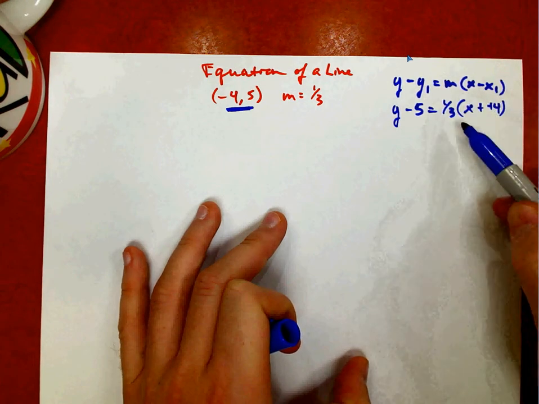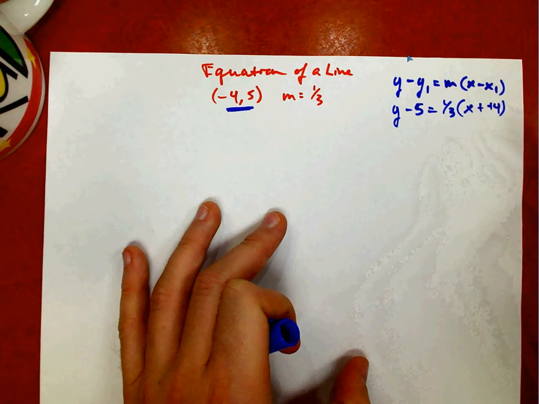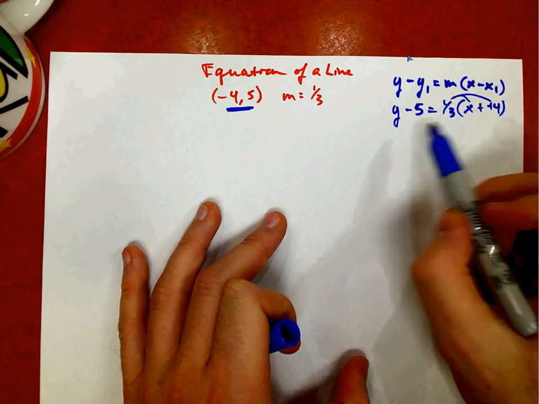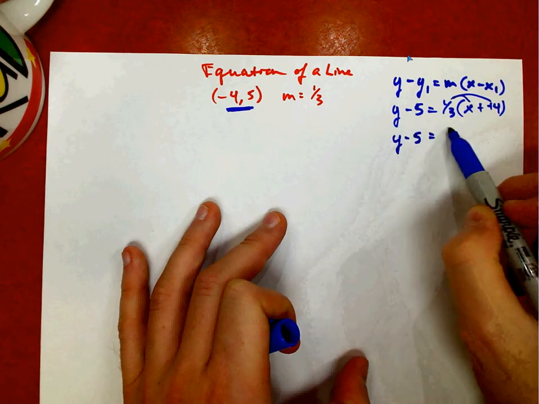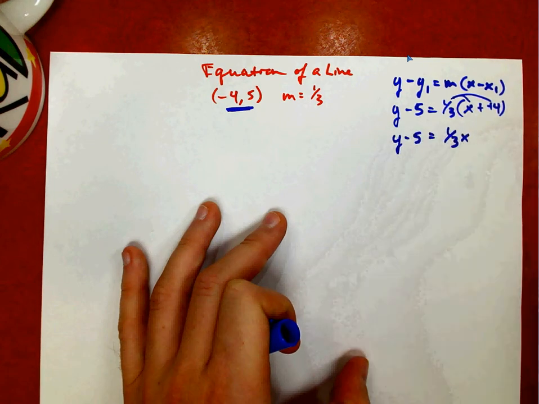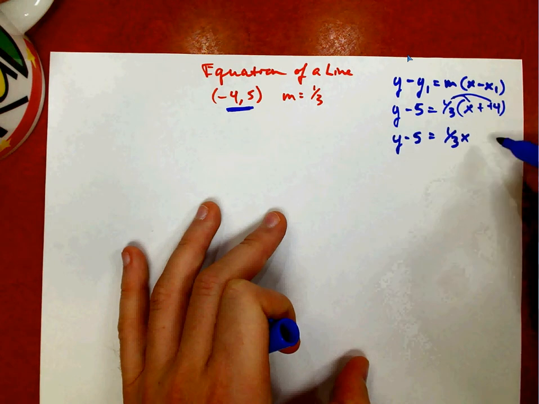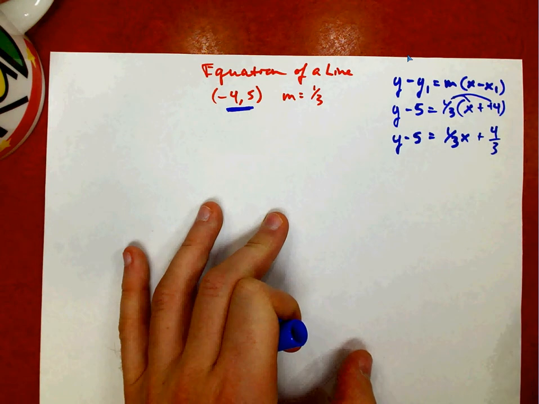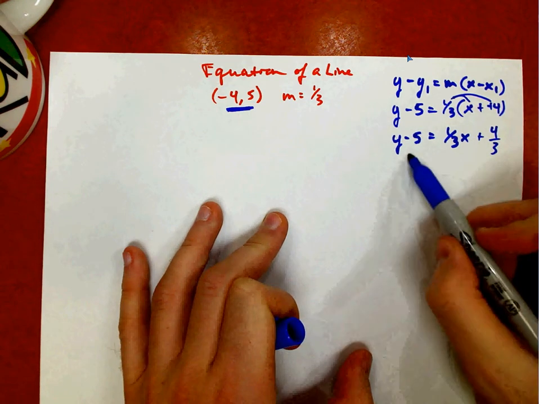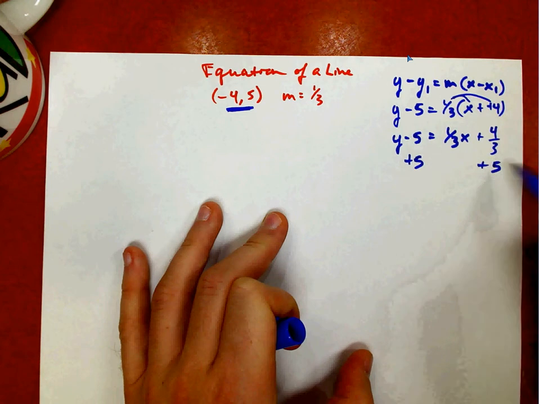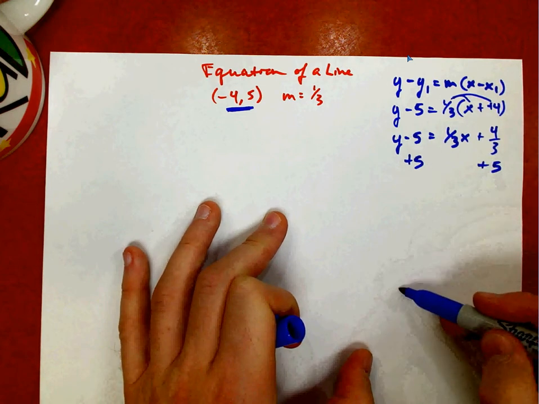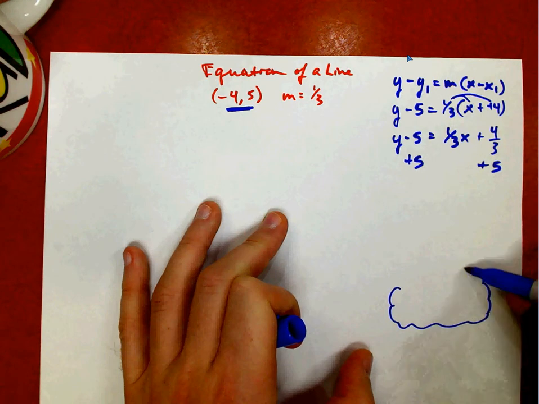I'll change this into slope-intercept form by first distributing the 1/3, leaving me with y minus 5 is equal to 1/3 x plus 4/3. And here's where things get a little bit tricky, because when I add 5 to both sides, now I find myself adding fractions. So over here, kind of as a side thought,